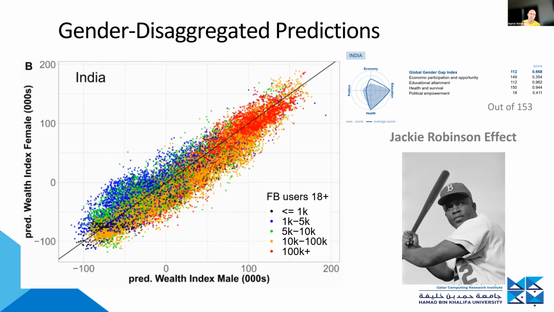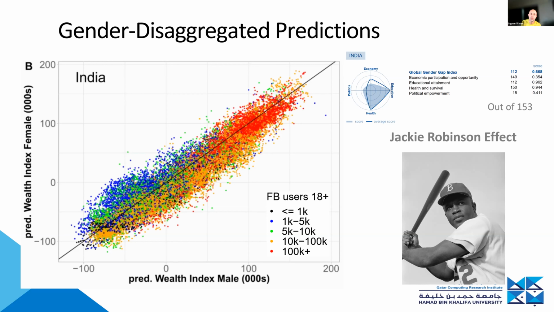And that's the same thing that's happening here on Facebook. There are very few women on Facebook in India compared to men. But those women who are on Facebook are exceptional, in the sense that they are more likely to have iOS devices, they're also more likely to have university degrees, et cetera. And if you extrapolate out from this very biased subset, you come to the conclusion that women must be doing extremely well in India, because those are the only ones I can see. And this is exactly the wrong conclusion.